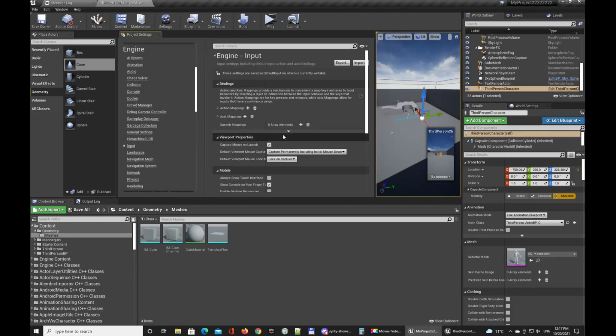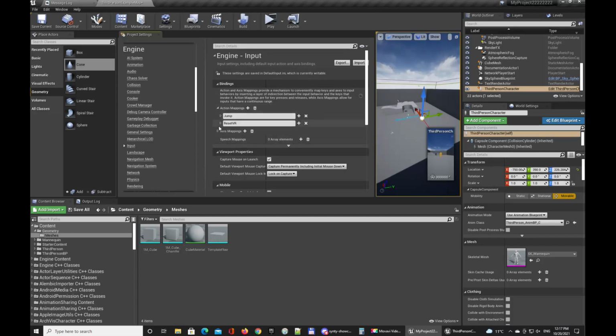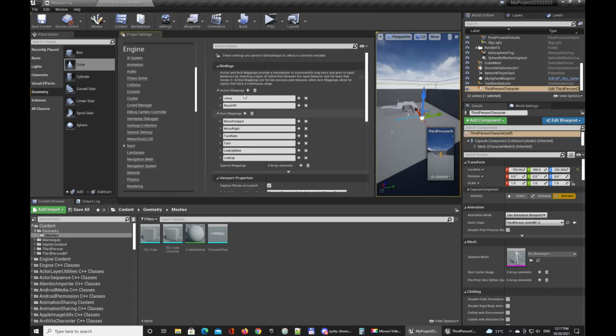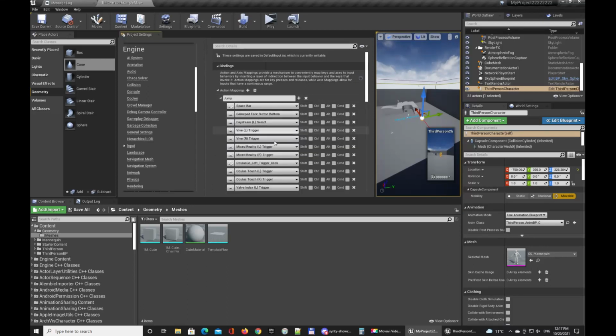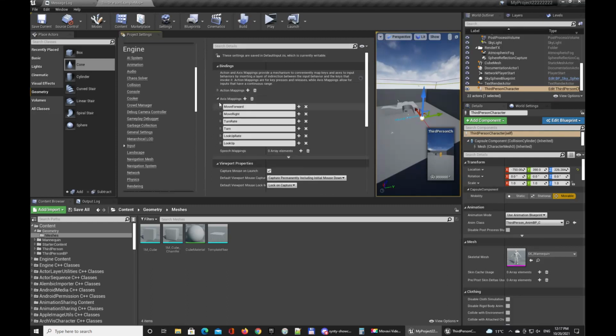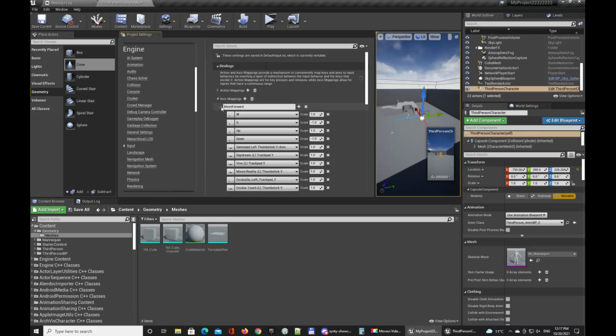Okay, so literally here we have actions. So we have two types of actions. One type of actions is related to button presses. It's called action mapping, and another type of actions is related to some long press of buttons